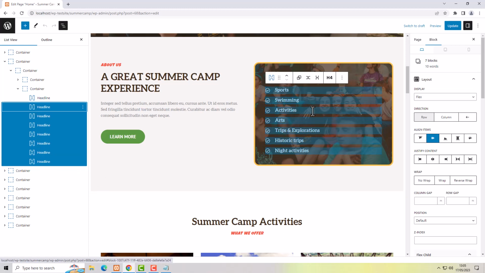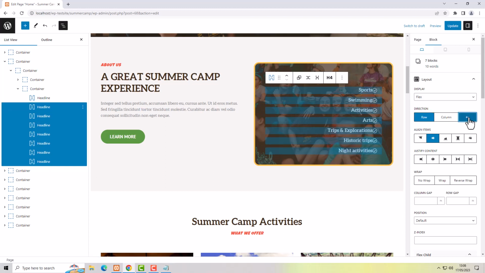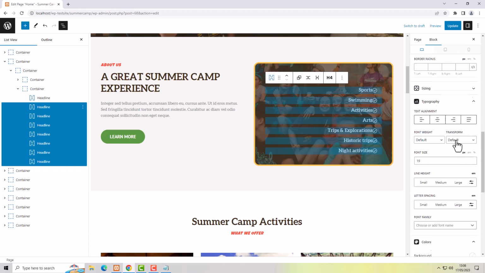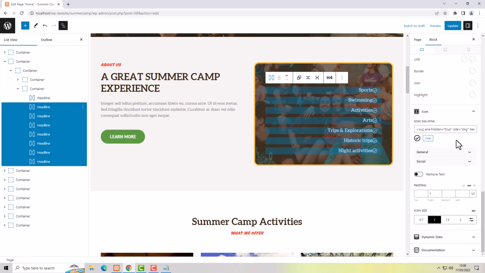I now want to reverse them, and I want to put some gap between the icon and the text. So I scroll down, and I need the icon setting, and in icon setting I want to set the padding left to 1, and that adds a bit of space